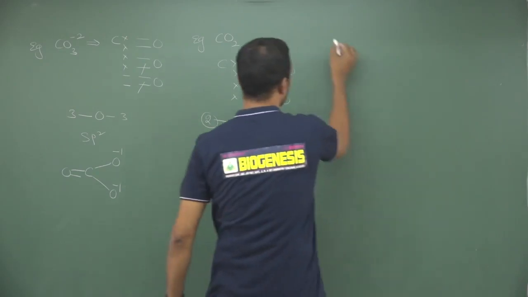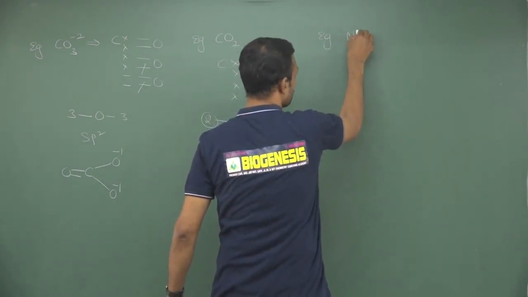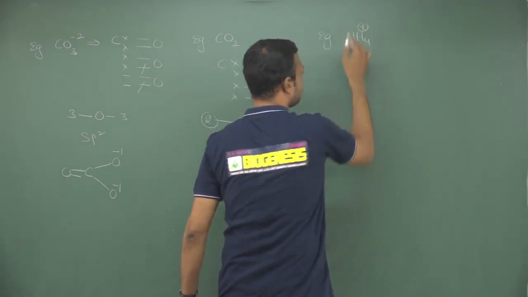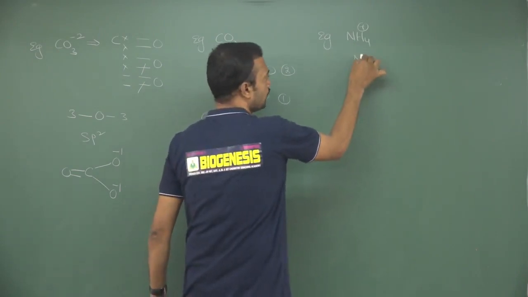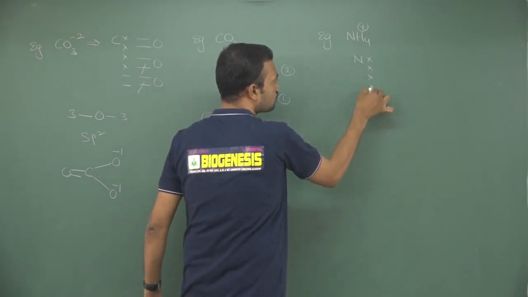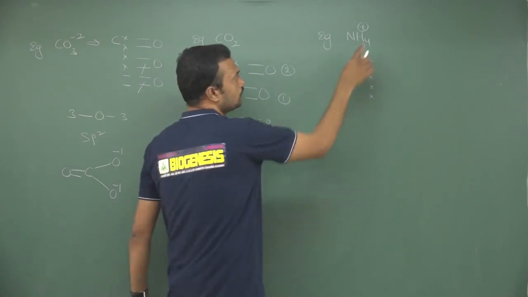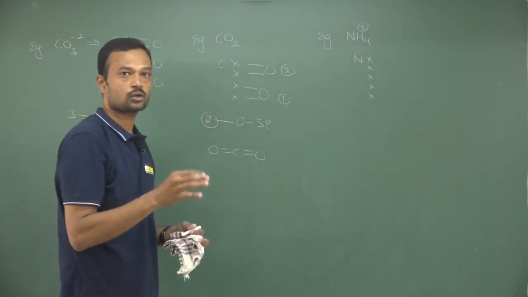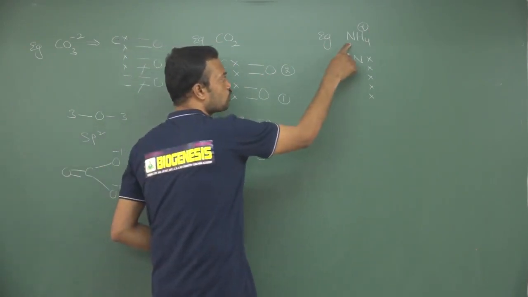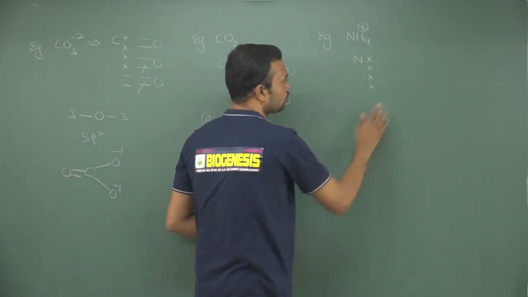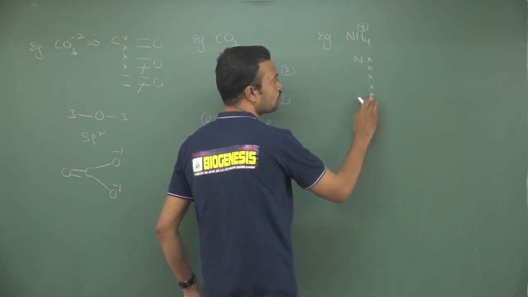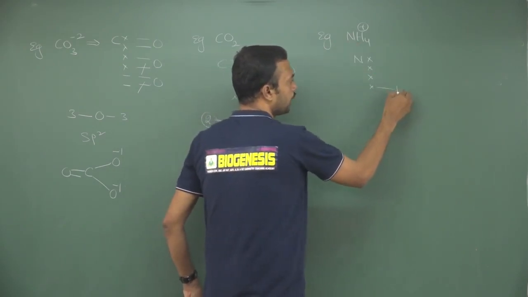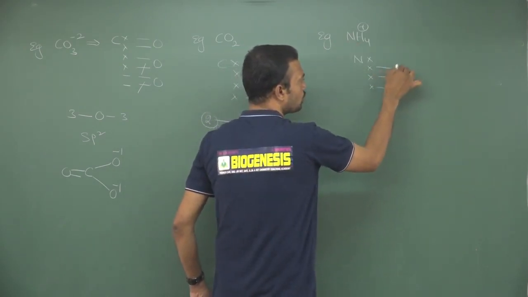Suppose a molecule carries a positive charge, for example NH4+. Nitrogen belongs to the fifth group, right? Yes. Whenever a molecule carries a positive charge, we need to remove the same number of electrons from the central atom. Actually it is fifth group, but due to +1 we remove one electron. So the total valence electrons on nitrogen is 4, and every hydrogen contributes 1 electron.